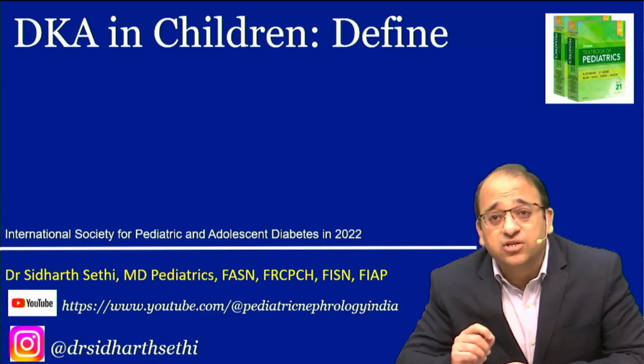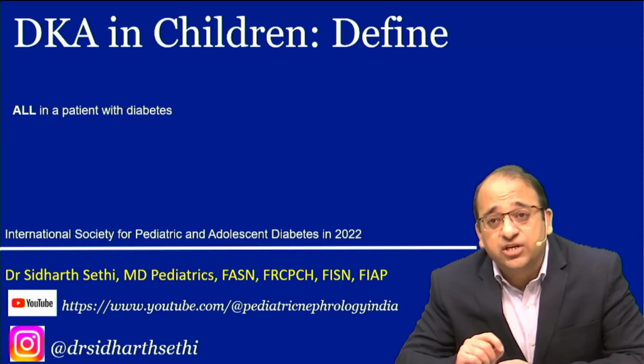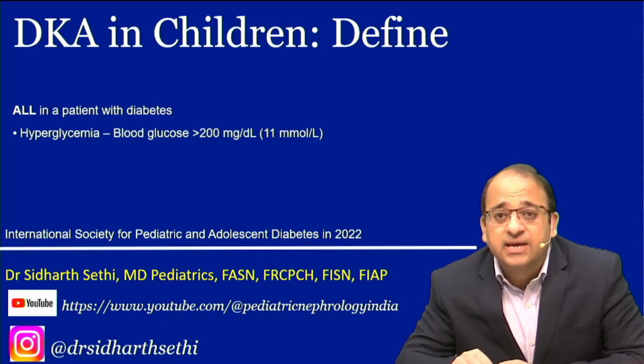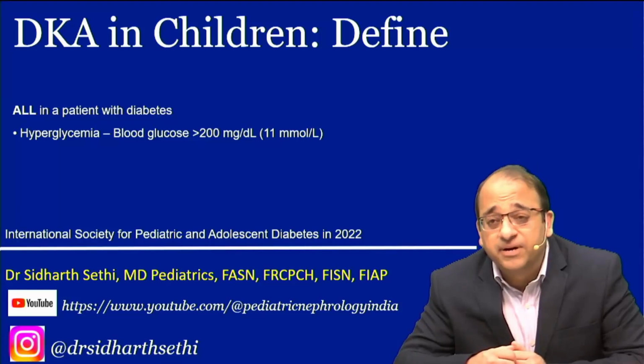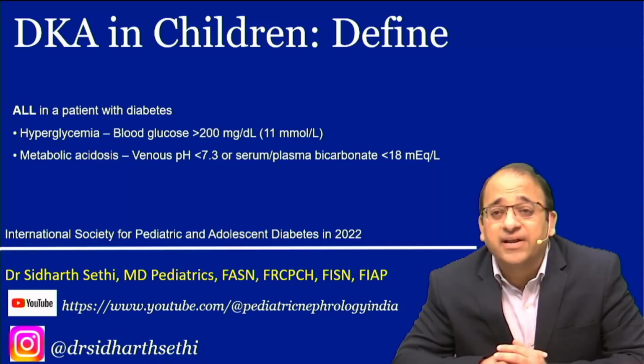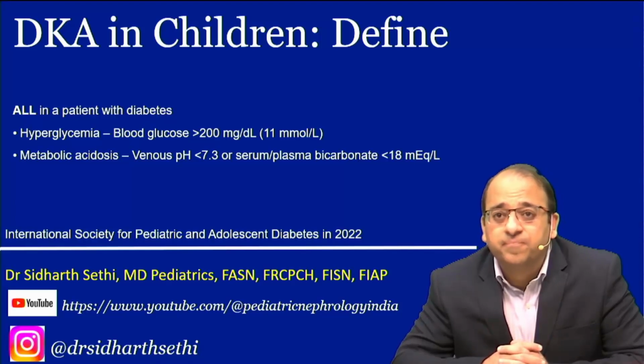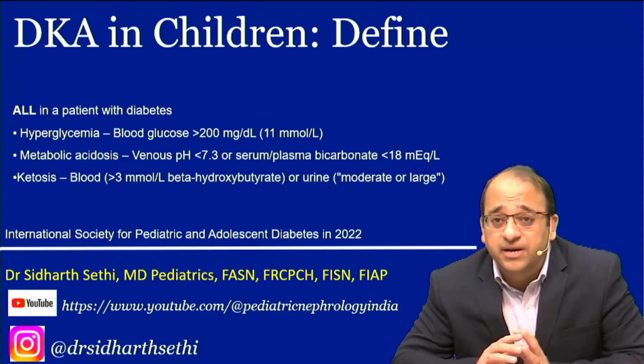According to the International Society for Pediatric and Adolescent Diabetes, they say that a patient, to call it diabetic ketoacidosis, should satisfy all three criteria. So here is a child with diabetes, and this child has hyperglycemia in the form that his blood glucose is more than 200 milligrams per deciliter or more than 11 millimoles per liter, and he has metabolic acidosis, which we define as a venous pH less than 7.3, or a bicarb less than 18 millimoles per liter, and